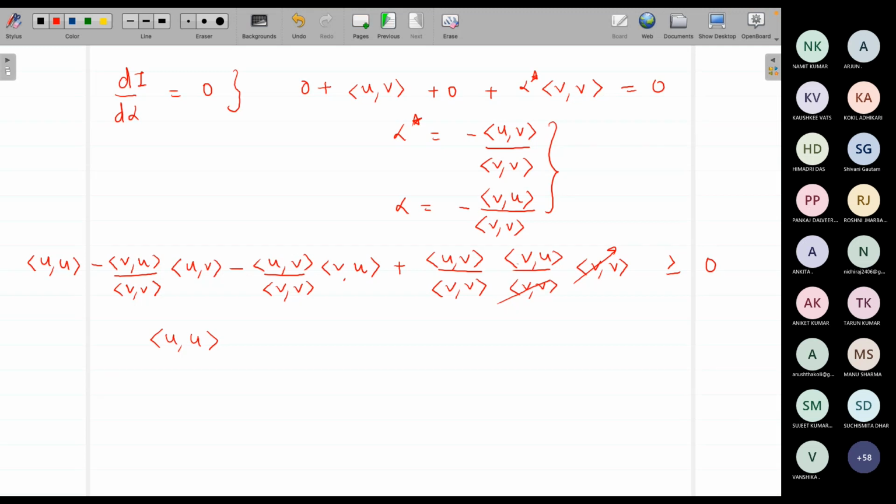Remember, these products are only complex numbers, so you can move them around just like complex number multiplication. So you are left with <u,u><v,v> minus <u,v><v,u> greater than or equal to 0, or I can write <u,v><v,u> should be less than or equal to